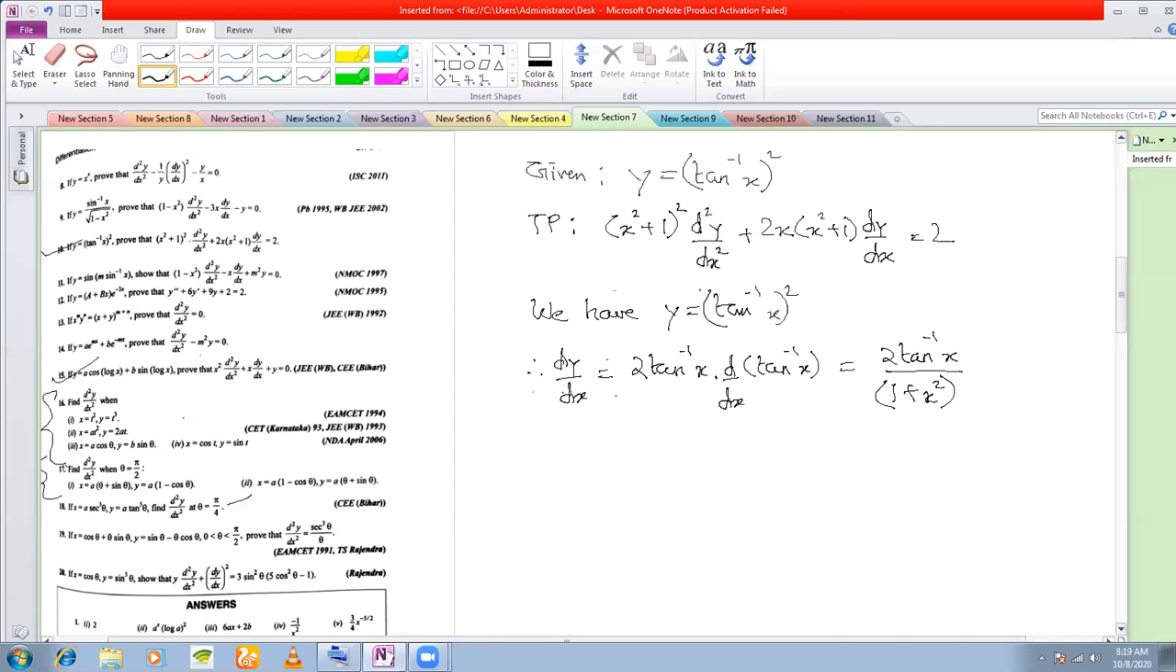So now once we get 2 tan inverse x by 1 plus x square, what you do here is you see x square plus 1 whole square, you square both sides. Okay, no need to do it that way. That was for science students actually. For commerce students, I think this way is better. You find dy dx and you find d2y dx2. Therefore, d2y dx2 is ddx of